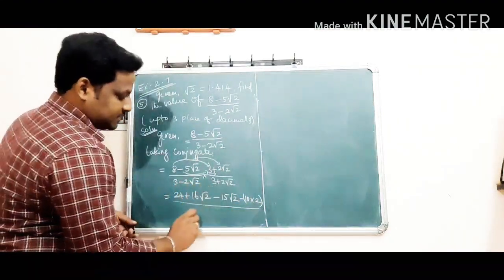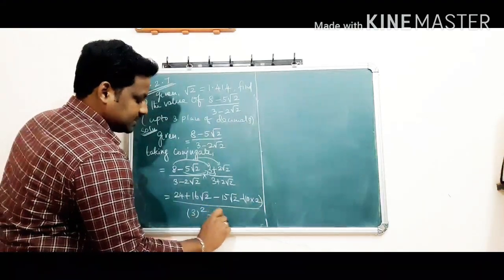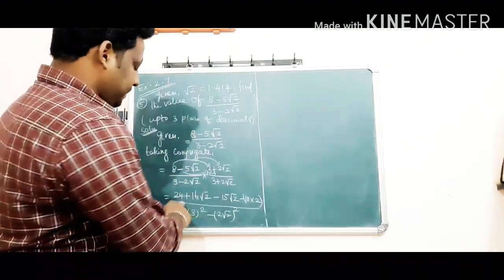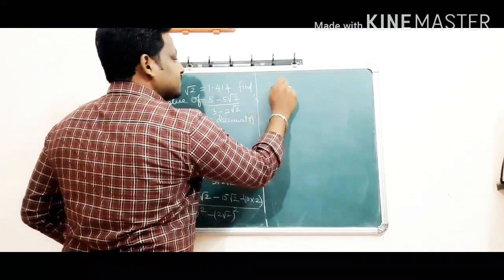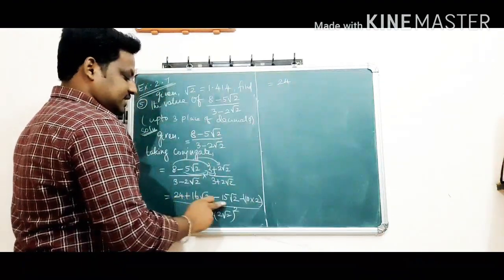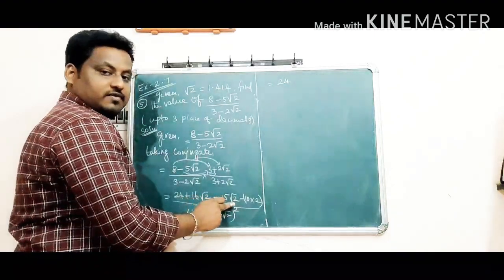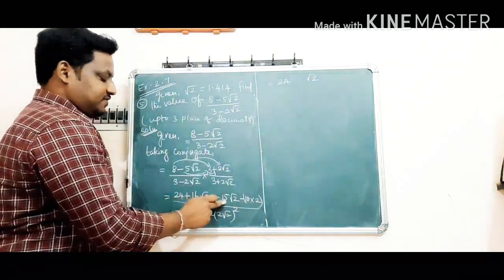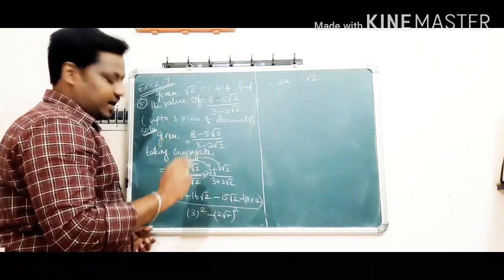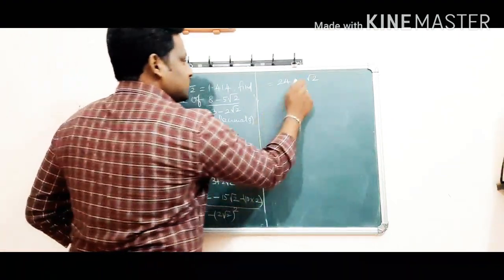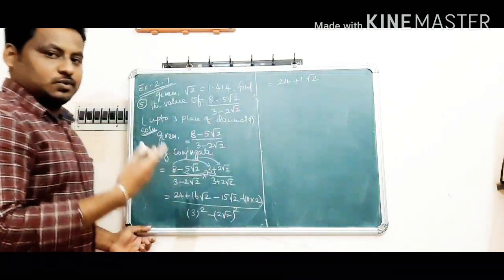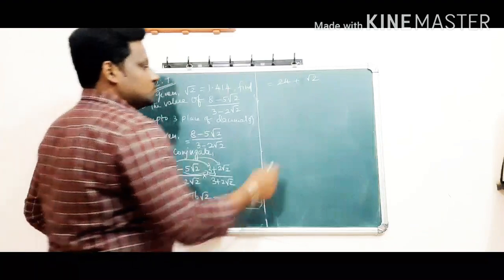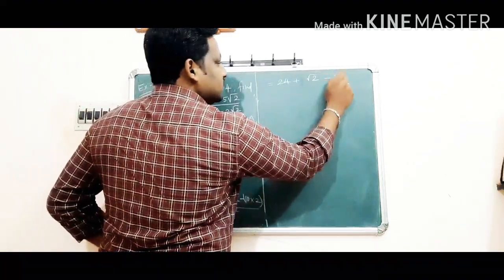as it is in the form a plus b, a minus b, that is 3 square minus 2 root 2 square. That is the a square minus b square formula. Now 24 plus 16 minus 15. 16 root 2, 15 root 2, so root 2 is common. So plus 16 minus 15. 16 minus 15 is equal to 1, and the bigger number's sign is plus, so plus 1 root 2. You can write 1 root 2 or just write root 2, that is also correct. So root 2 minus 10 into 2, 20.